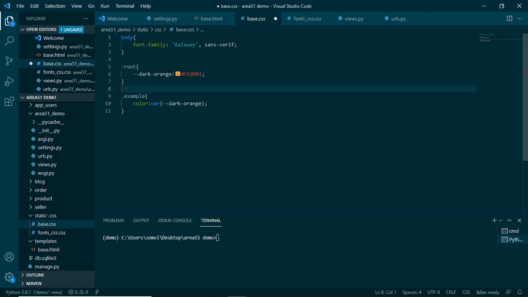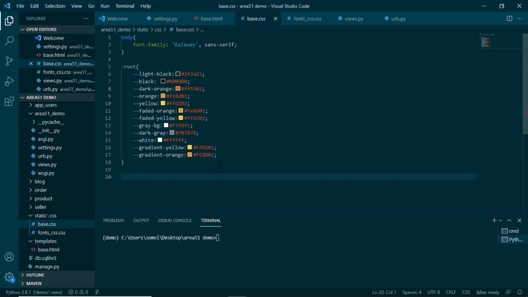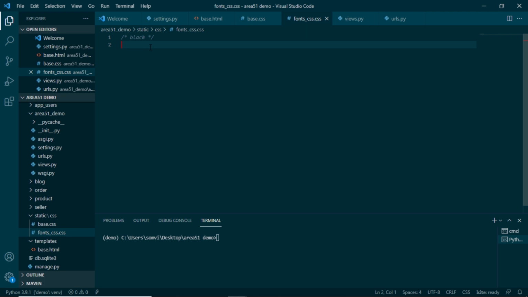To save some time, let me skip over where I have defined all of the colors. Here we are. Now I have defined all the colors that we have used in our Adobe XD file. I have literally copy pasted all the codes and given variable names according to my convenience. Let me show you how we can set up our font CSS class so that we can use them directly in our base.html or any other HTML file.